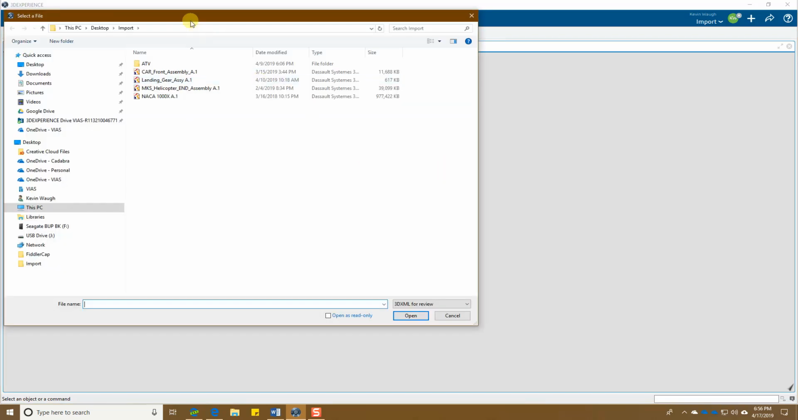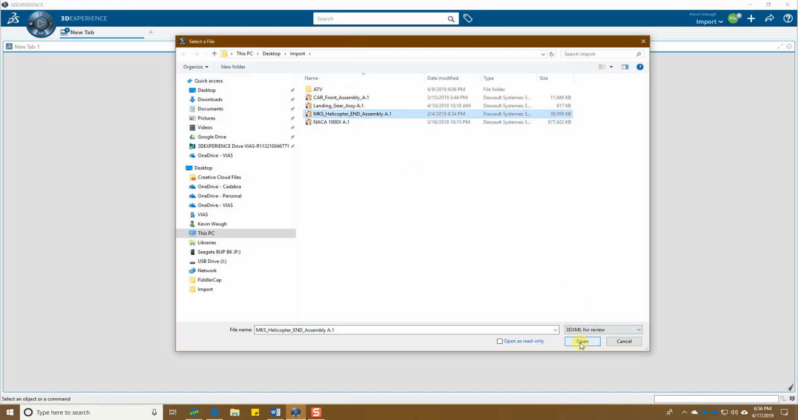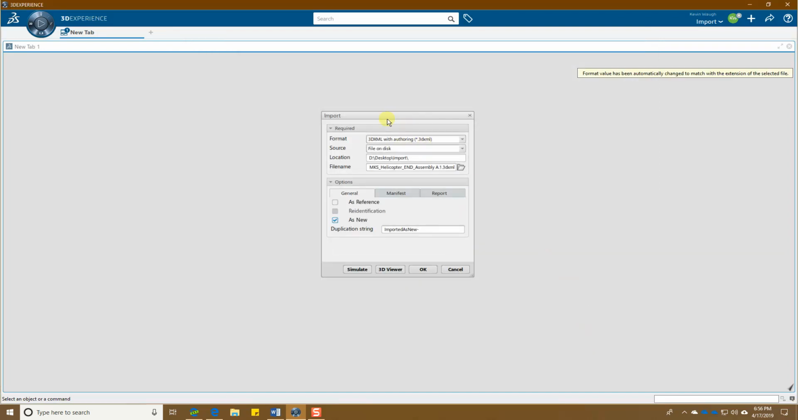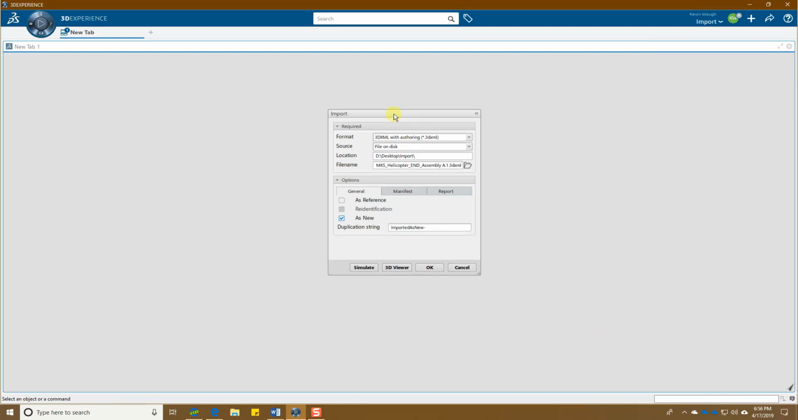Okay. And when I do that, it switches to 3D XML with authoring. So now I have some options available to me in the General tab. By default, I have the box here checked next to as new, and it's suggesting to me a duplication string. This is something that can be changed in the system preferences. This is the out-of-the-box setting. It's basically a prefix that's going to be added to all the objects that are contained within that 3D XML. If I pick as reference,